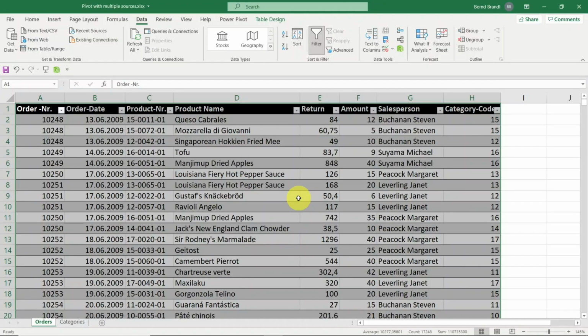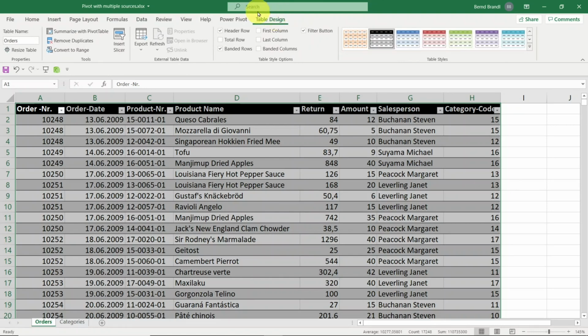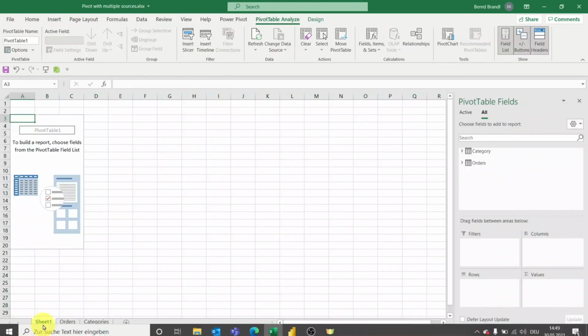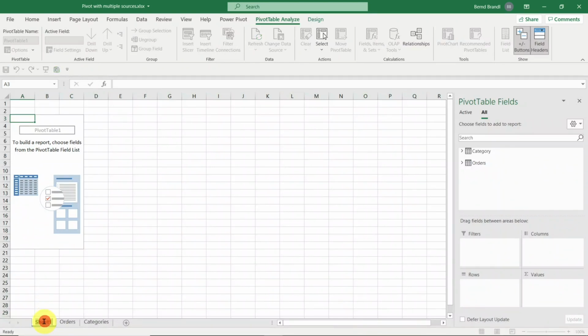And now it's time to work with pivot. In order to do this, I'm here in table design. I just pick summarize with pivot table. And then very important is this radio button here: use this workbook's data model, because this is what we did. Now if I pick the radio button and confirm, the pivot table, which we call Pivot here,